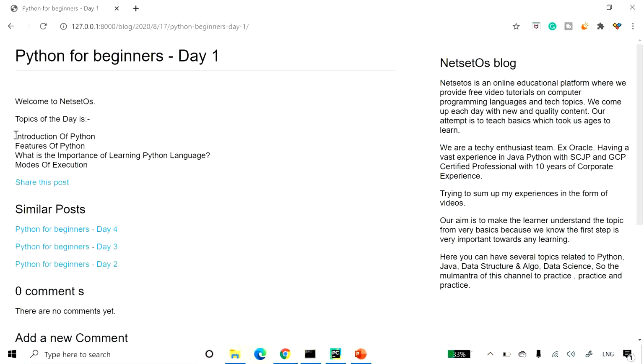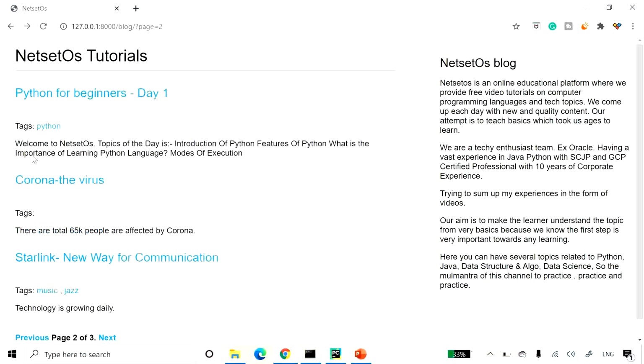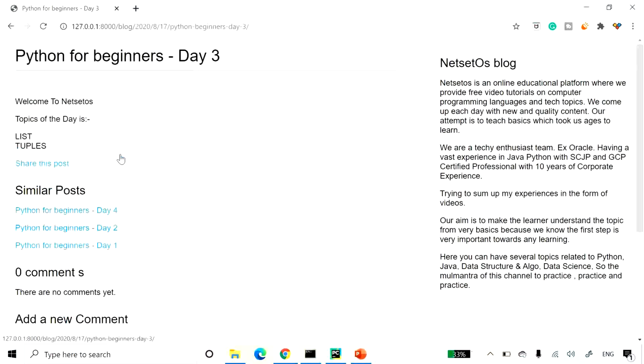So here on day 1 there will be introduction, features, importance and modes of execution, whatever the topics which are related to day 1. With that, I have given the tag which is Python. If it is related to Django, you can give the tag as Django, or the topics which are related to your articles, which will help the website to know the similar articles, so that if I click on, let's say, Python for beginners day 3, here it is telling me the topics of the day, as well as I can